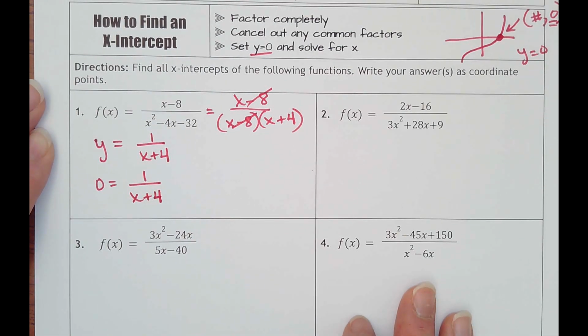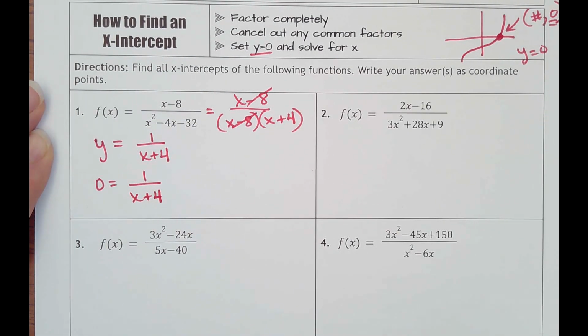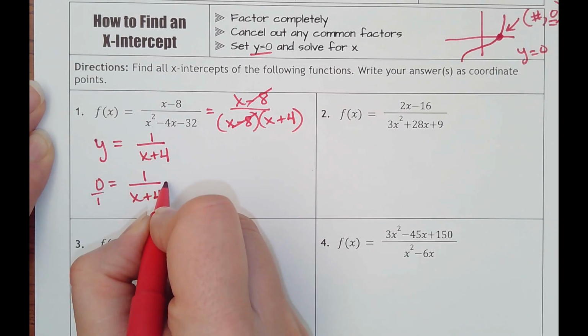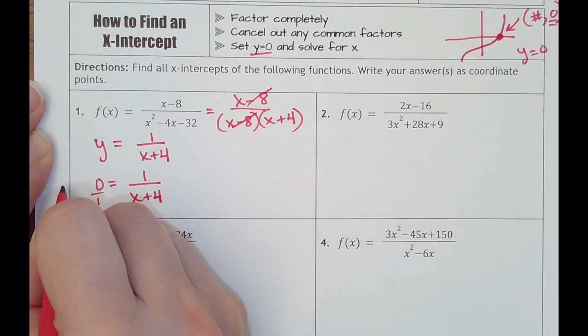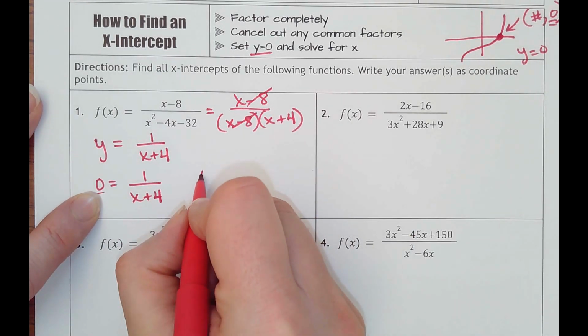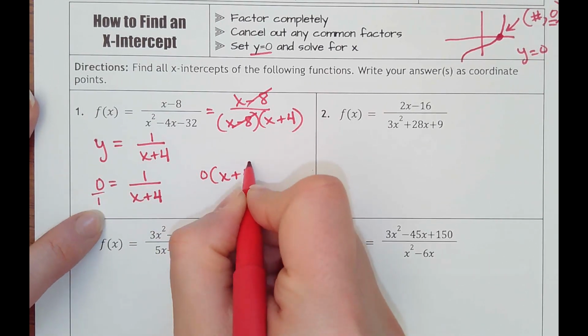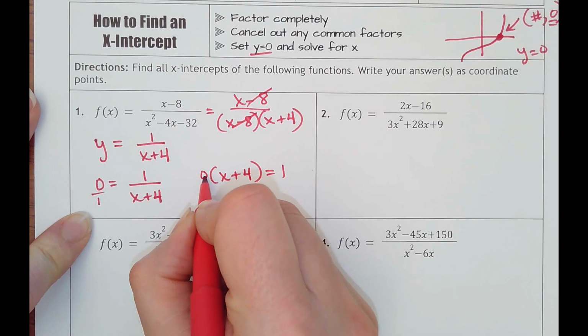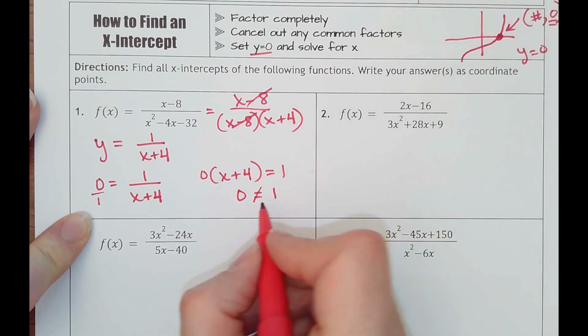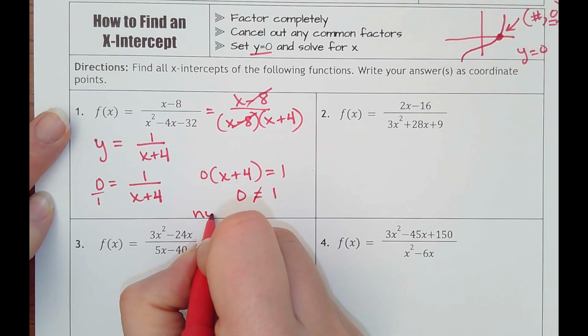And then if I'm solving this, think of this as like a proportion where this 0 is over 1. You would cross multiply, or think about you're multiplying by x plus 4 on each side to get rid of this denominator. So you're going to have 0 times x plus 4 equals 1. 0 times anything is 0. 0 can never equal 1, so this will not have an x-intercept,